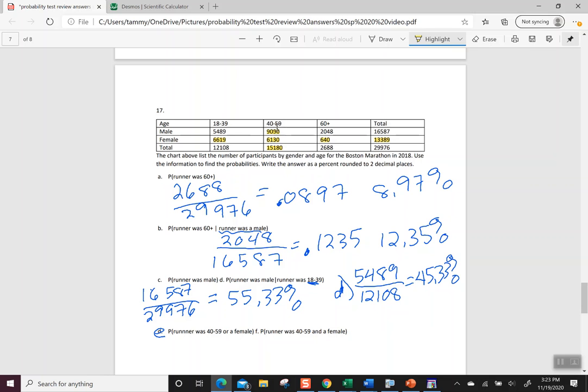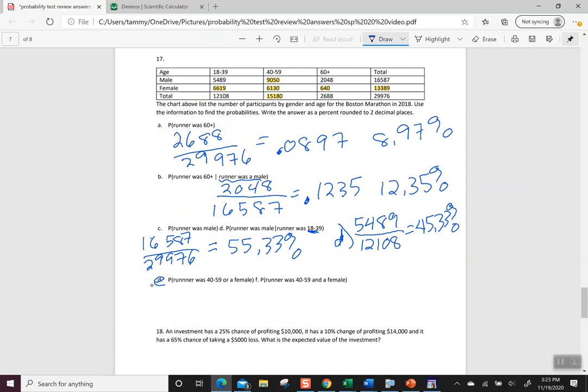You have some choices on what to do. You could do the 15,180 as your 40 to 59, plus the 13,389 as the female, and then subtract the 6,130. That's one way to go. Probably a better way to go would be just to add up the individual pieces so you can see what's happening. So I have